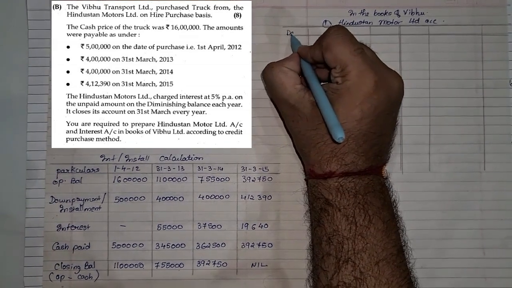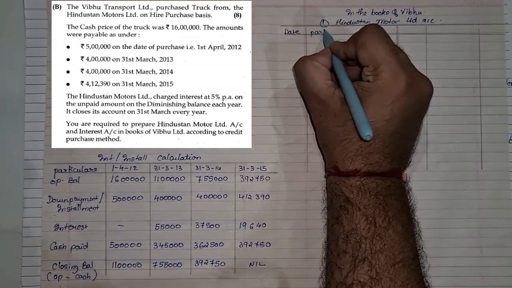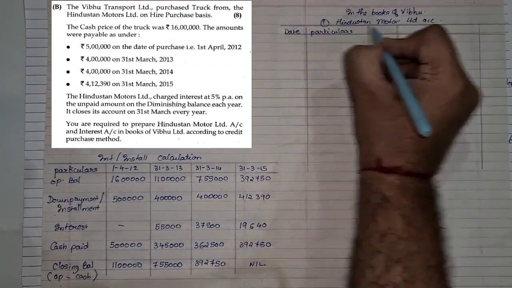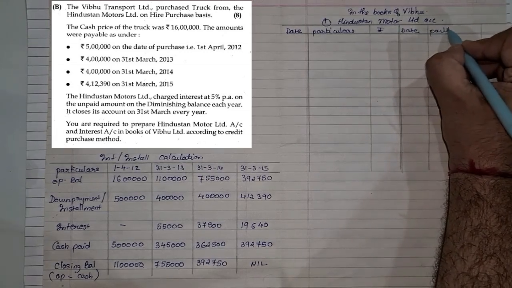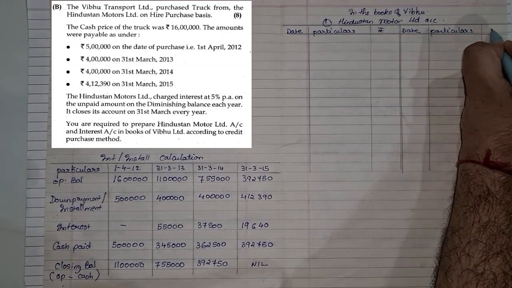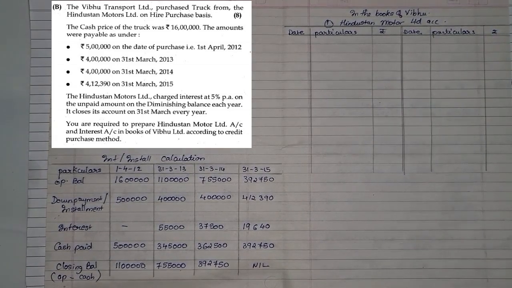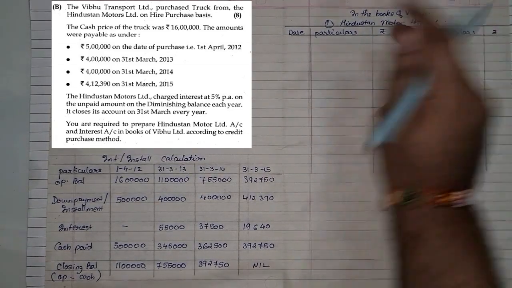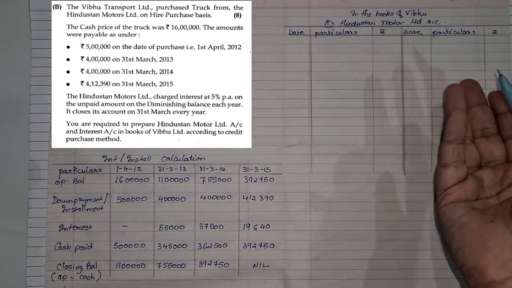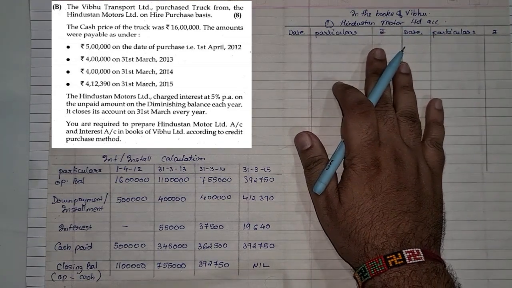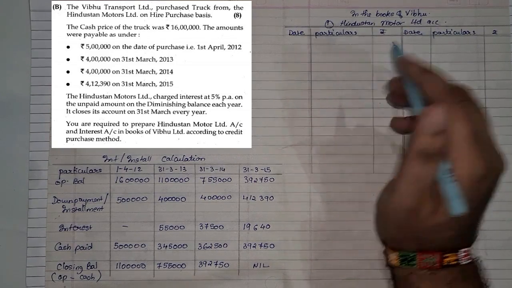So I'll write here date, particulars, amount, date, particulars, amount. Now remember, this is the hire vendor account. Hindustan Motor is the hire vendor. So from here we are going to purchase. We have Vibhu here. We are purchasing basically the machinery account. Now remember, in the vendor's account, the very first thing you need to note down is